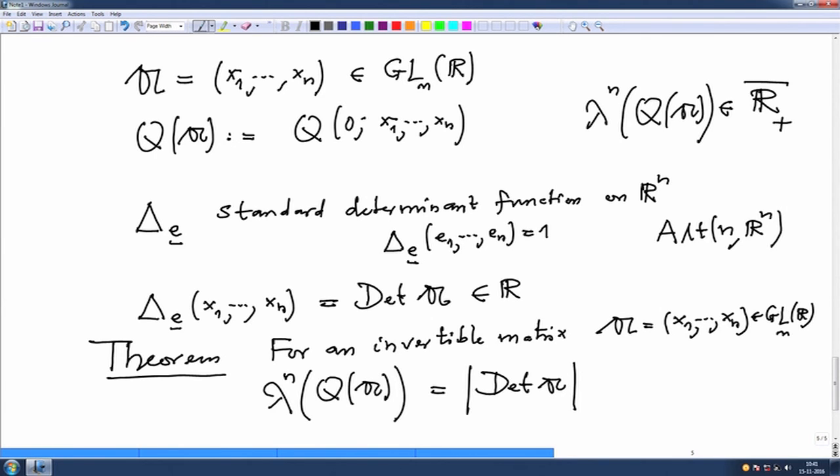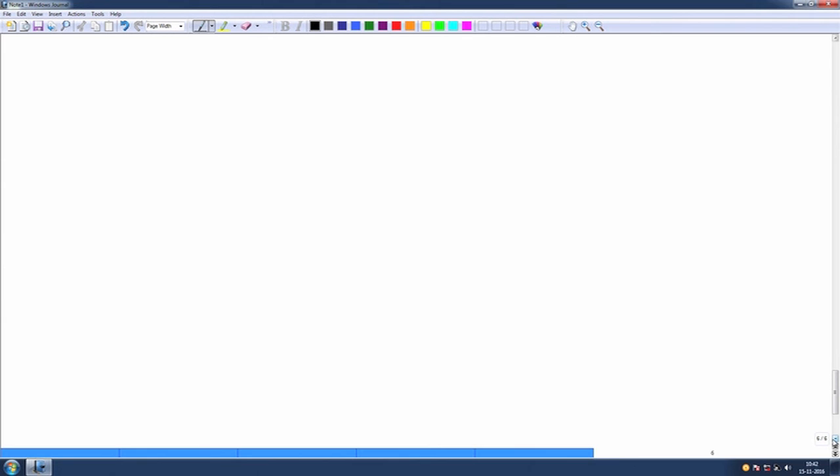So, this is the modulus of, and henceforth I will not write this delta E suffix, I will abbreviate to delta because E is fixed. So, this is delta of x1 to xn, and take the modulus of this. I will prove this, but before I prove it, just imagine, suppose I give you two vectors in Rn, one has coordinates (a, b) and the other has coordinates (c, d), and then look at the parallelogram.